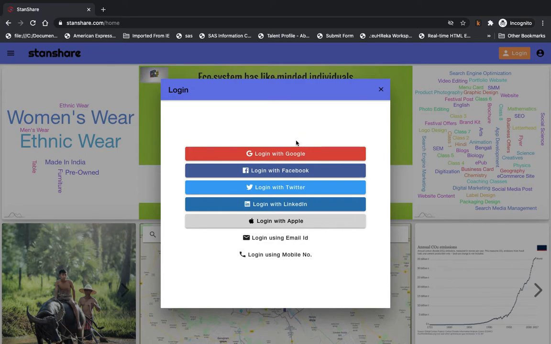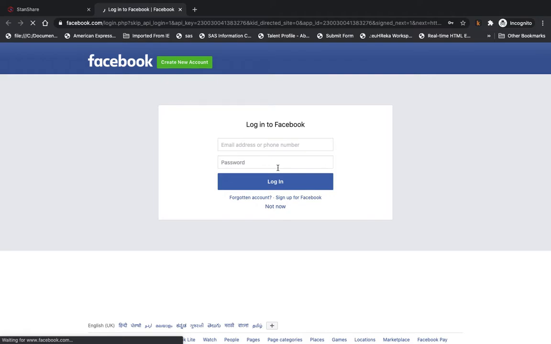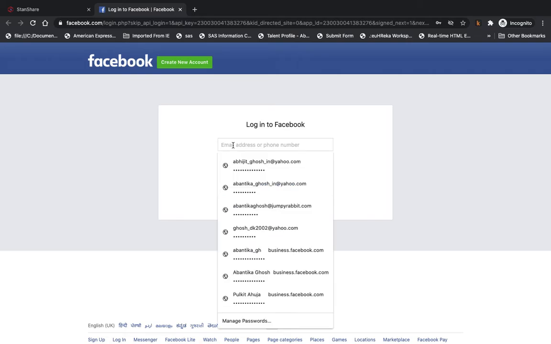All right, so let me try logging in with Facebook. So when I click on login with Facebook, it will normally take you to the Facebook login authentication page where you have to enter your Facebook credentials. Don't worry, this is actually Facebook login, if you can see in the URL, and we are not storing any of this information ourselves, so we can't see it, we don't have access to it, and it's safe. All right, so let me pick any of the existing addresses, or I can create a new address as well.